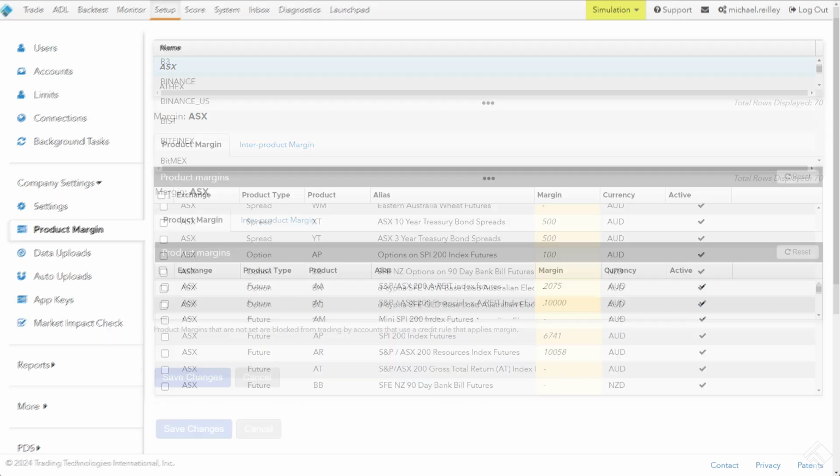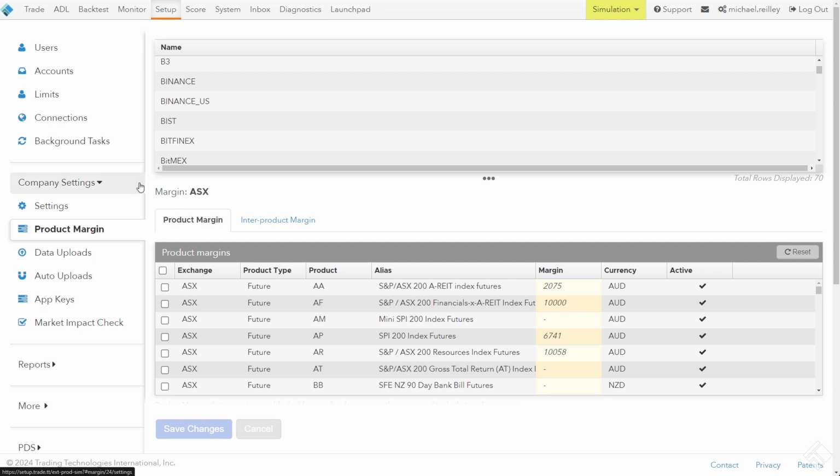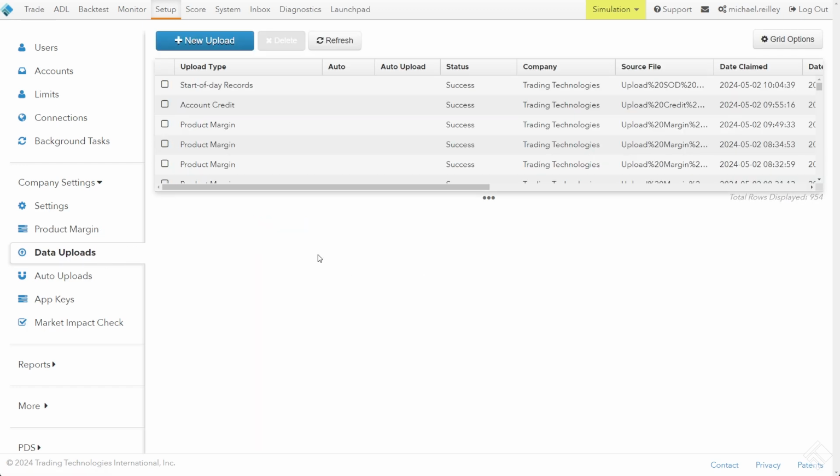and auto uploads. Let's go over to the data uploads selection on the far left side here. So again, under company settings, just below product margin, we're going to see data uploads. The data uploads and auto uploads pages provide you with an interface for manually or automatically uploading data files directly into setup for your users and accounts and so forth. So we'll walk through how to do this manually, how to create the file,